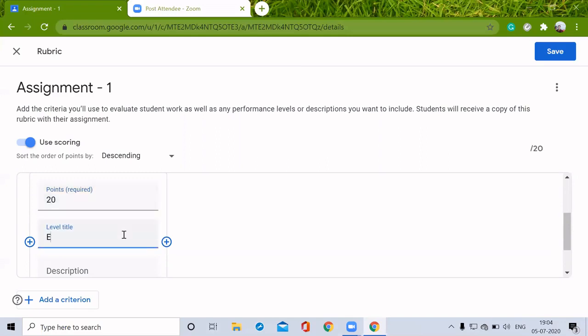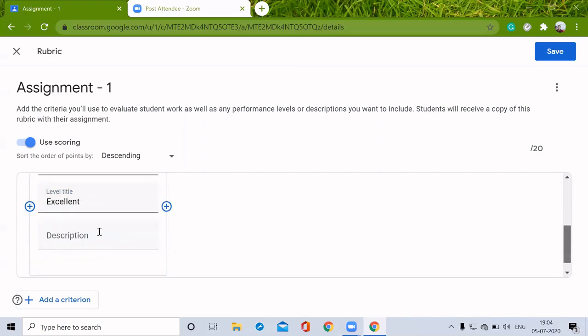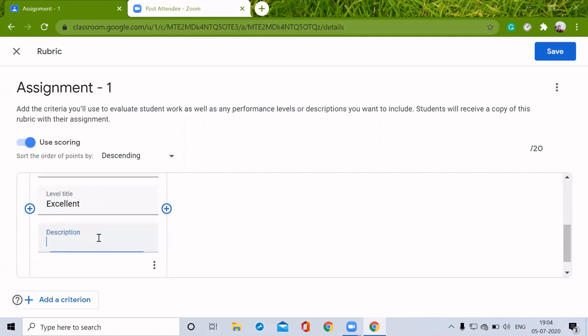Level title, I'm just giving excellent. So in this excellent level, I'm just going to give them the description, unique content, and not copied. I'm just going to create another level for the same criterion.